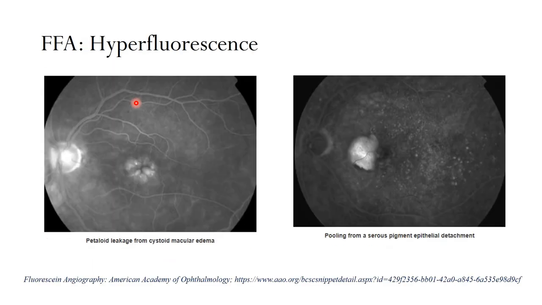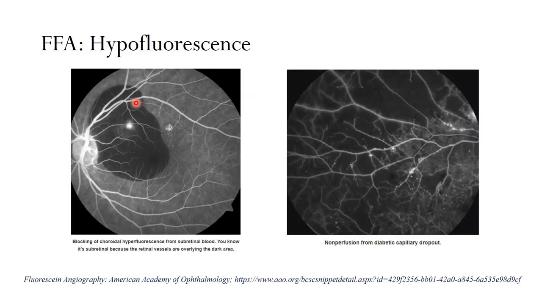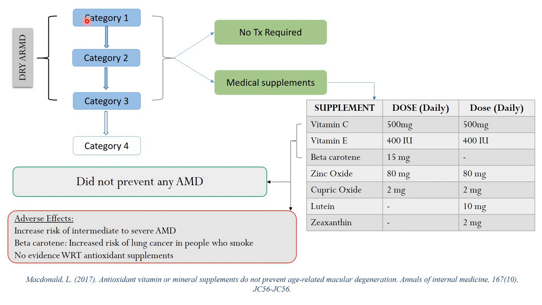Okay, so coming to the treatment, it can be medical, surgical or interventional treatment. In case of the first three categories, as I said before, they would be categorized as dry, and mostly you will either need no medication or you will need a medication supplement. Whereas category 4 needs a rigorous treatment, which we will be seeing in the upcoming slide.